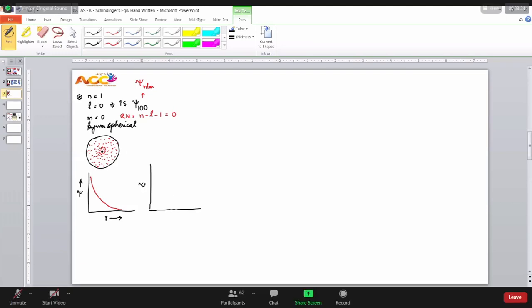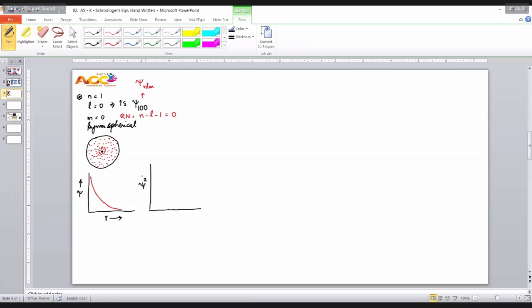This is psi square and this is R. Naturally, psi square is supposed to be bigger value, higher value, square of this value. But again, R is equal to 0, R is nearer to this one, very maximum value. As you're increasing, probability decreases, therefore psi square also decreases. Fine.